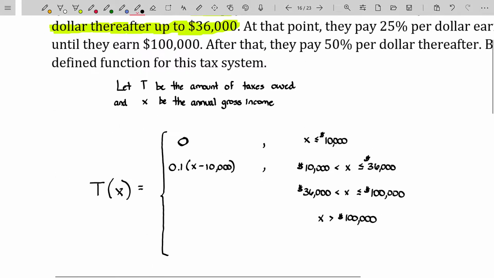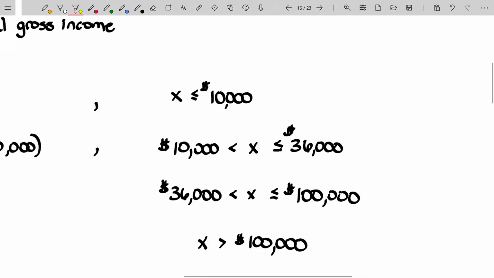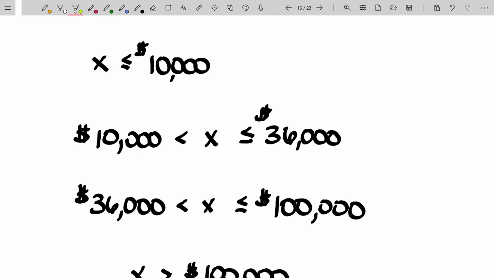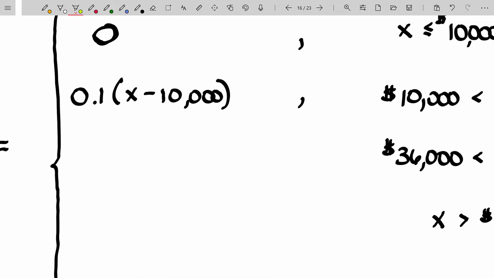Now let's go to a slightly more complicated case. After that point, we now pay 25% per dollar earned until we get to $100,000. That is, once we reach $36,000, the next dollar I earn, I pay 25 cents of that in taxes. And again, this is the US tax code. So let me just say, a lot of people again will say, okay, well then I'm paying 25% of what I've earned. That's not true. You pay 25% of what you earned beyond